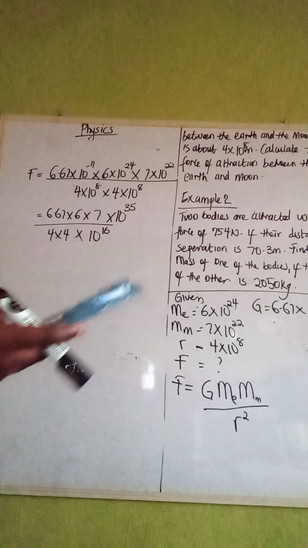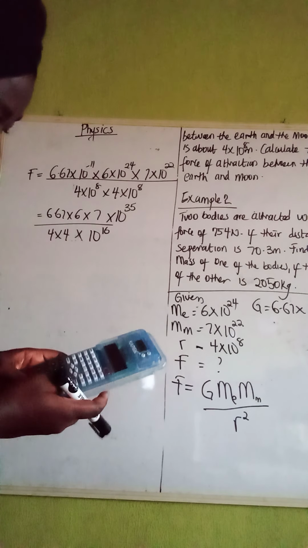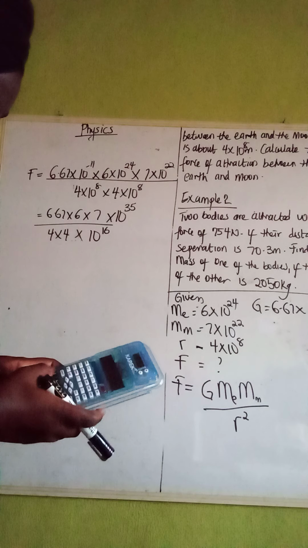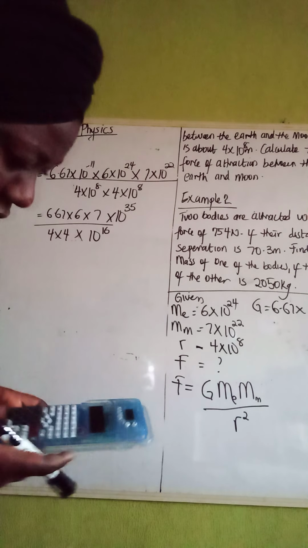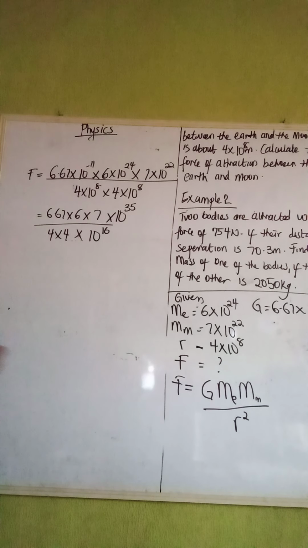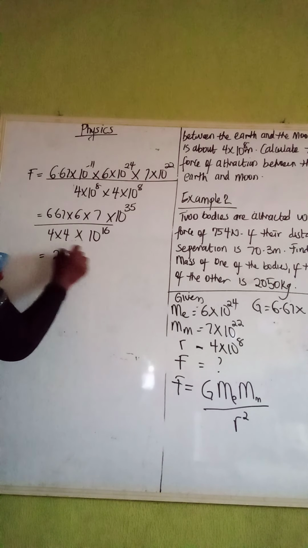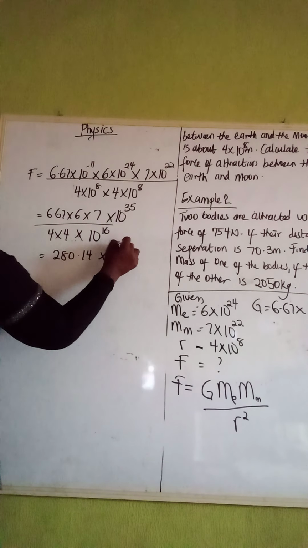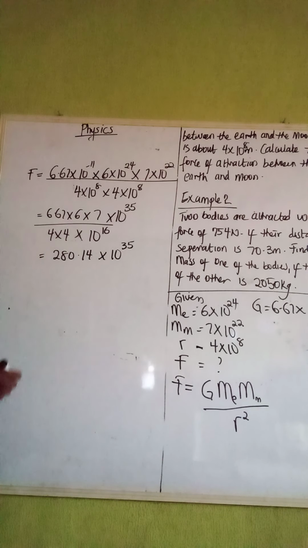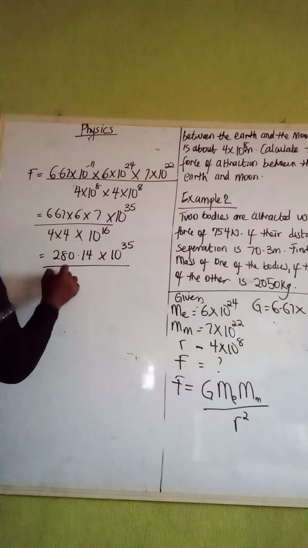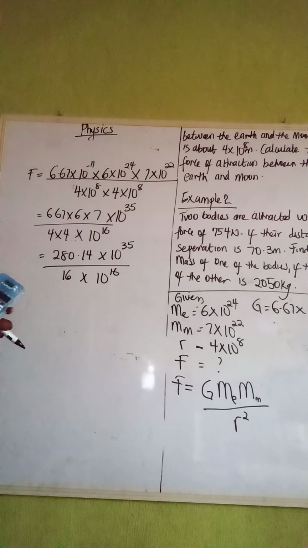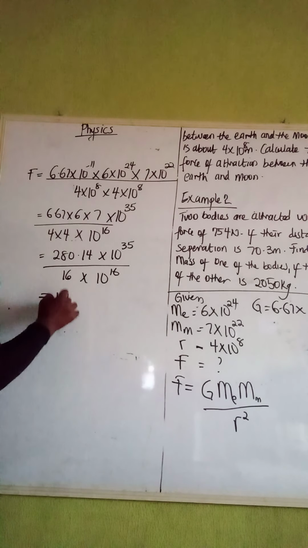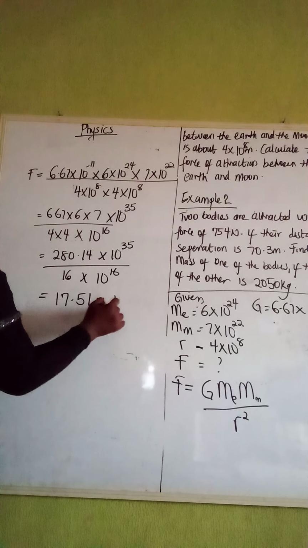6.67 times 6 times 7 will give us 280.14 times 10 raised to the power 35. Did you get that? Over 4 times 4, 16 times 10 raised to the power 16. Now this one divided by 16 will give us 17.5 times 10 raised to the power